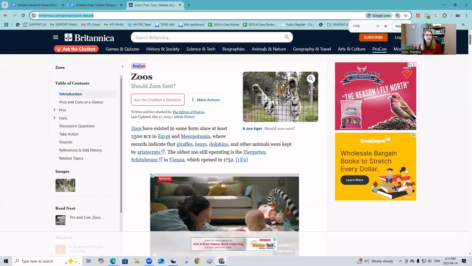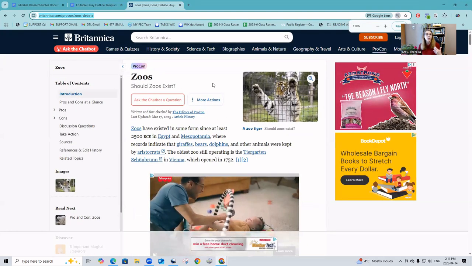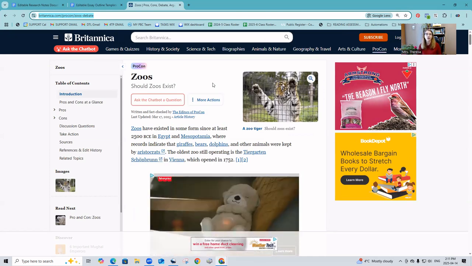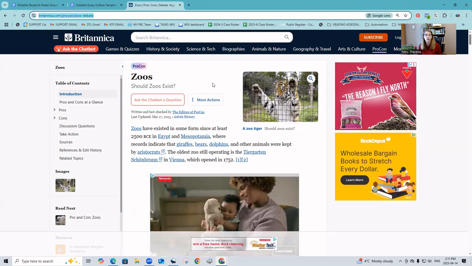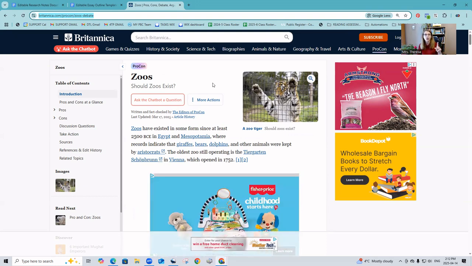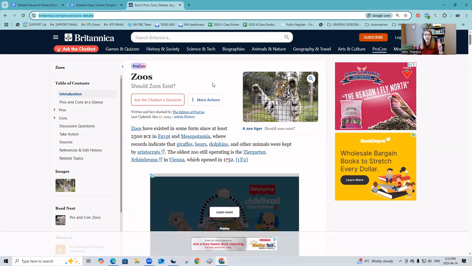So we can see here, when we teach our students about sources, we need to teach them what's a good source. So first of all, a good source is not selling them something. A good source is not representing one side or the other specifically, so they are not a zoo.